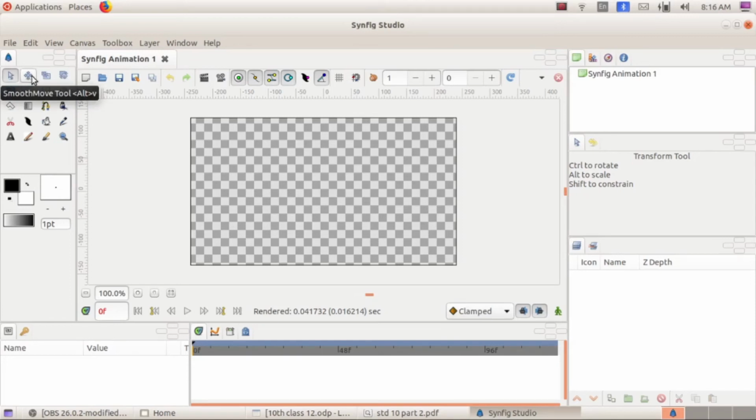Then smooth move tool, scale tool, rotate tool, mirror tool, circle, rectangle, star, then gradient tool, text tool, fill color tool, then spline tool, draw tool. When you move your mouse cursor, you can see the name of that tool.